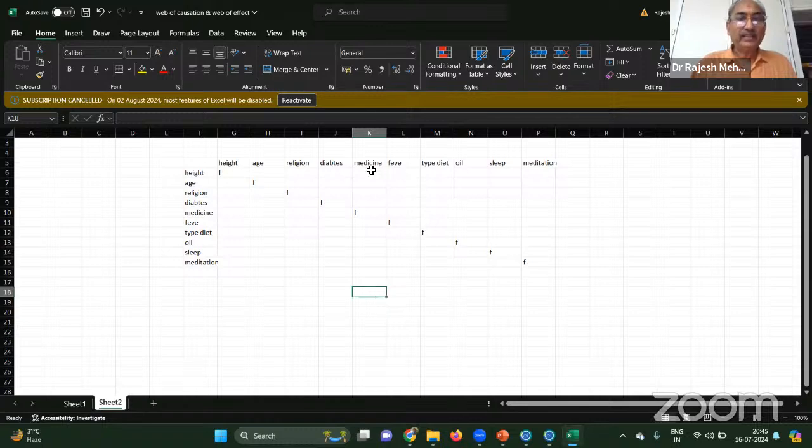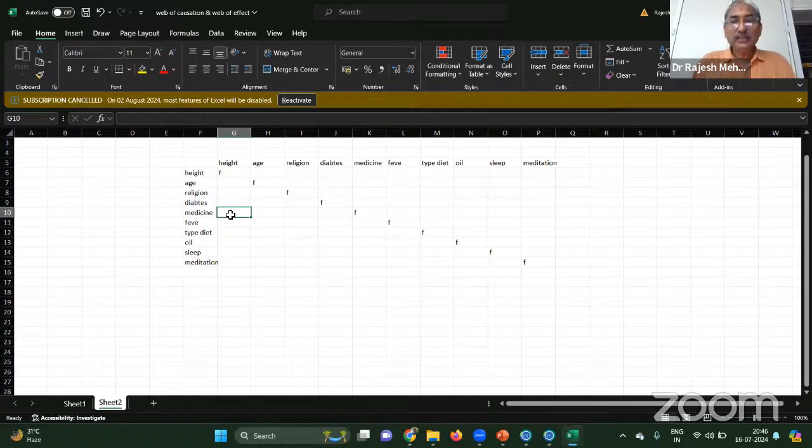Now there is a mirror. Whether you compare height with medicine over here or height with medicine over here, both are the same. So because of the mirror image, half of the part you remove because one is the same. So 90 divided by 2 is 45. If you have 20 variables by 20 variables, 20 into 20 is 400, 400 minus 20 is 380, divided by 2, that is 190 possibilities we